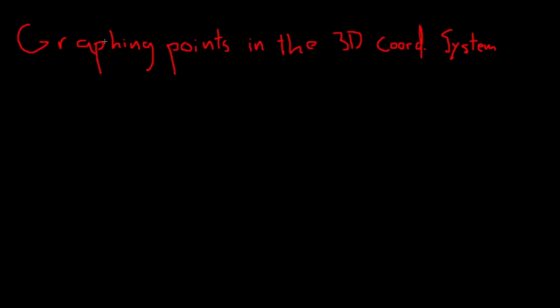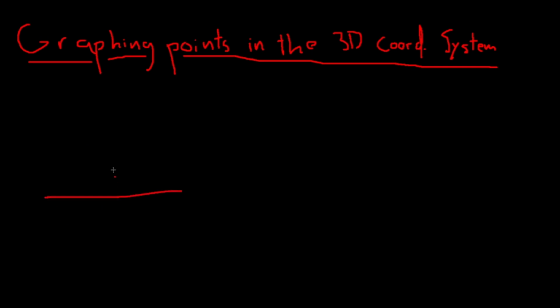Alright, the first concept we're going to go over is graphing points in the 3D coordinate system. So most of you guys are probably used to graphing things on two planes. So you have the y and you have the x. And you would normally graph certain points on this graph, but there's also a third plane called the z-plane, and we represent it like this,